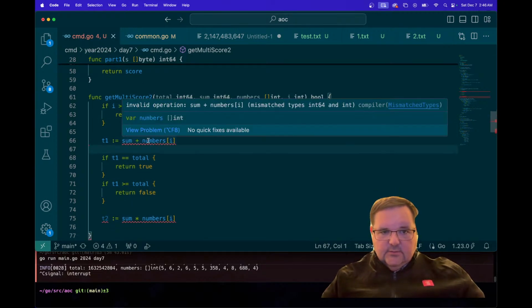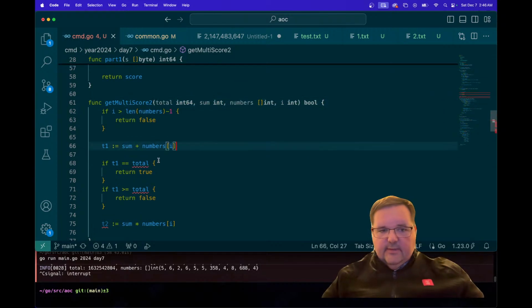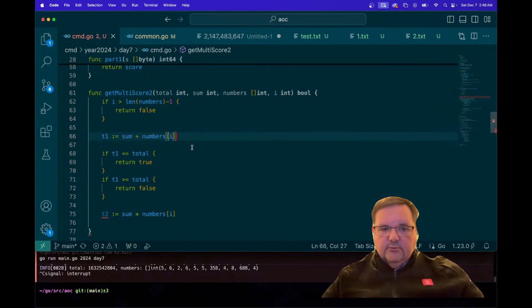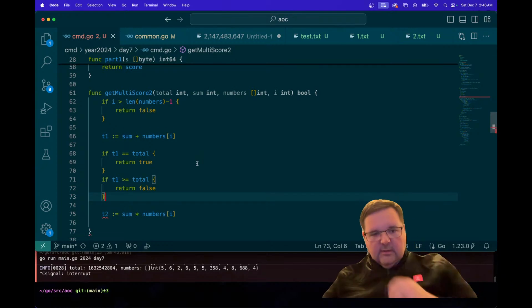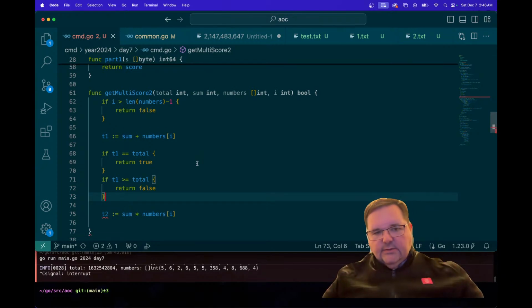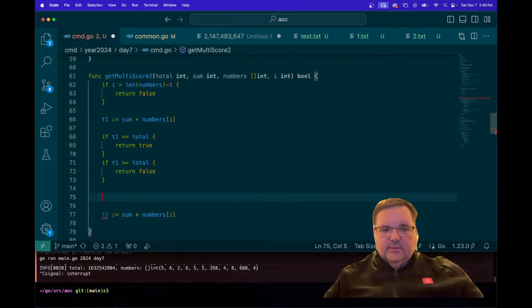Okay, so why isn't this working? Sum of int and int64. We'll just go with, it's fine. I went for that for not a whole lot of reason earlier, so we'll just make this simple. Return true, return false. Otherwise, we are going to attempt